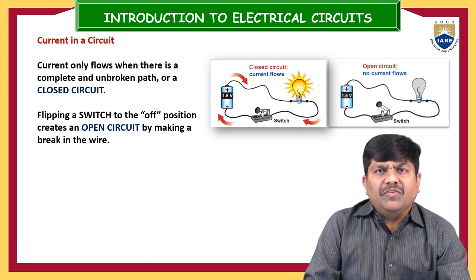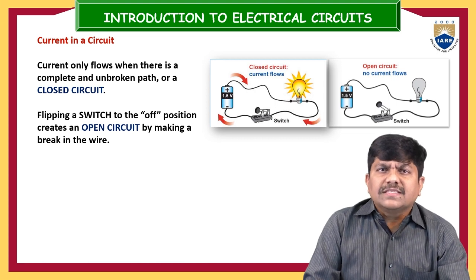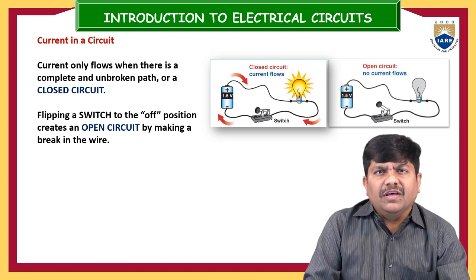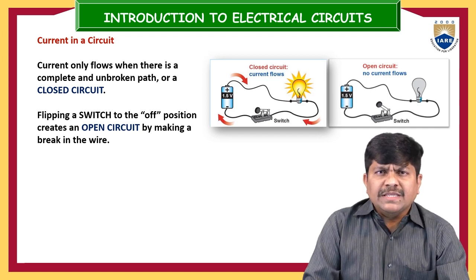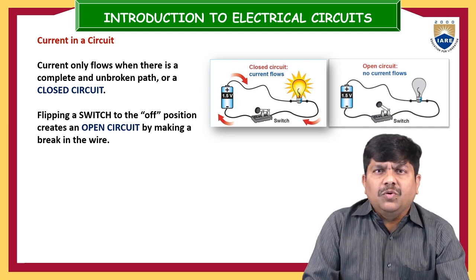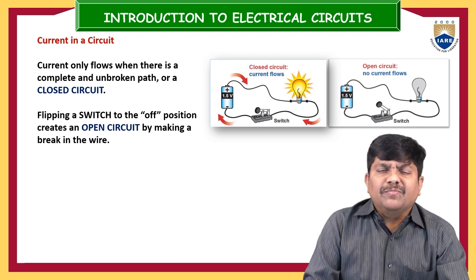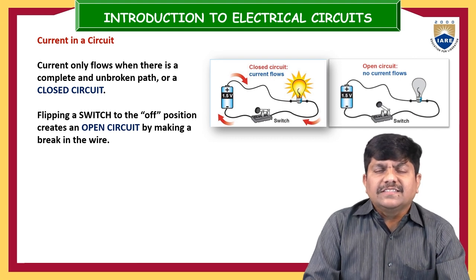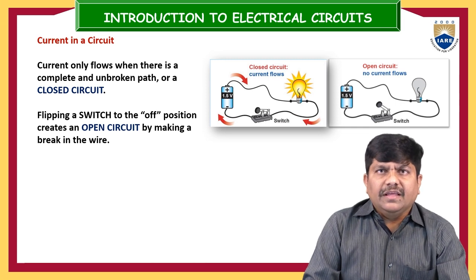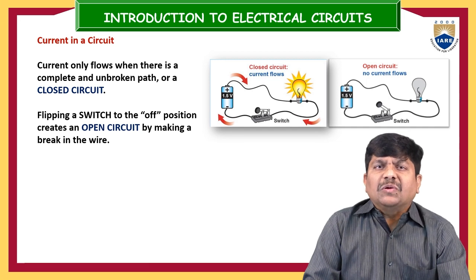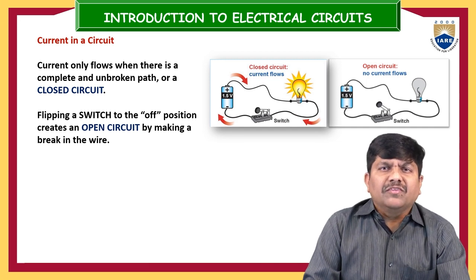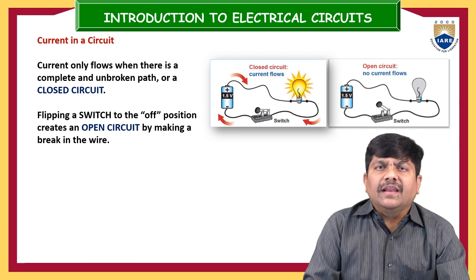So the minimum requirement for current: if you want to see some amount of current in the circuit, first of all, you have to develop one closed circuit. In that closed circuit, basically three requirements we have to fulfill. One is the energy source and the next one is the load, and these two should be connected by an electrical conductor, which is nothing but electrical wire. So the main thing to remember here is that current only exists if the circuit is closed. If the circuit is open, then we won't find any electrical current in the circuit.